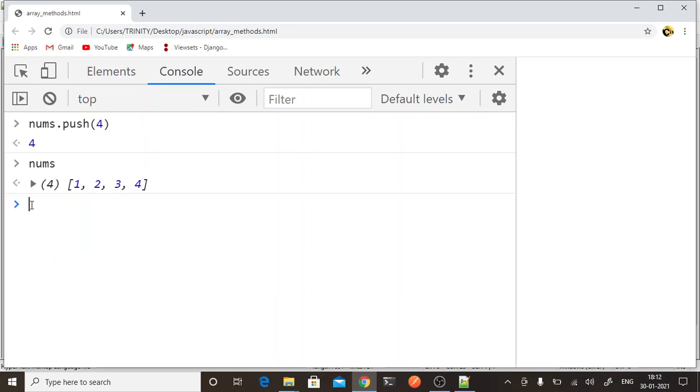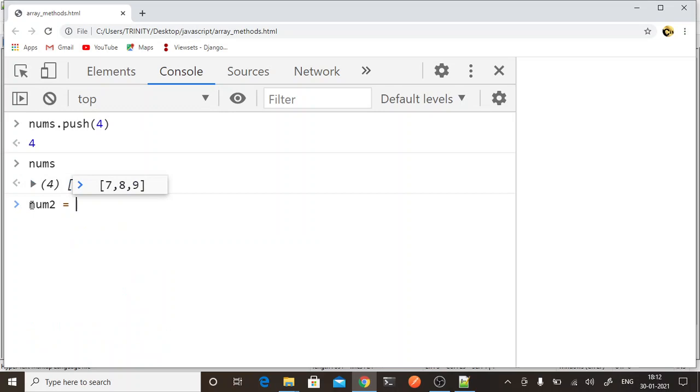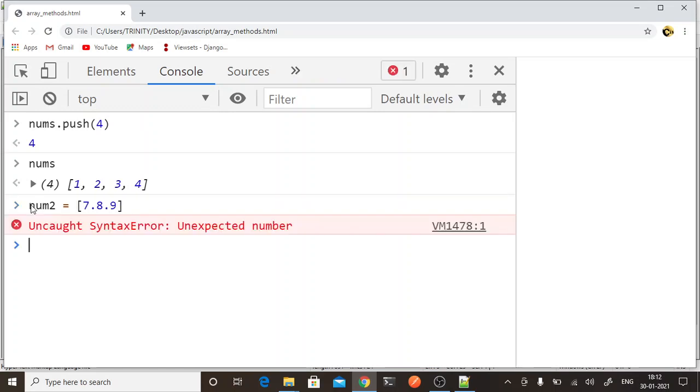The last one will be concat. If I have two arrays, in one I have the 4 values and in one more I am creating 7, 8, 9. Now I want to add these two arrays into one array. I want to have one array which will have all the numbers, the ones present in the first array as well as the second array.